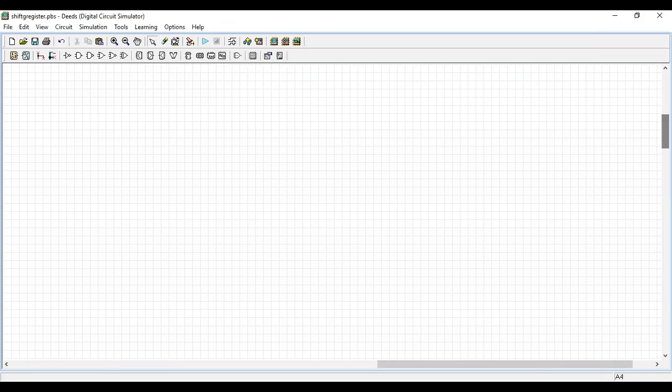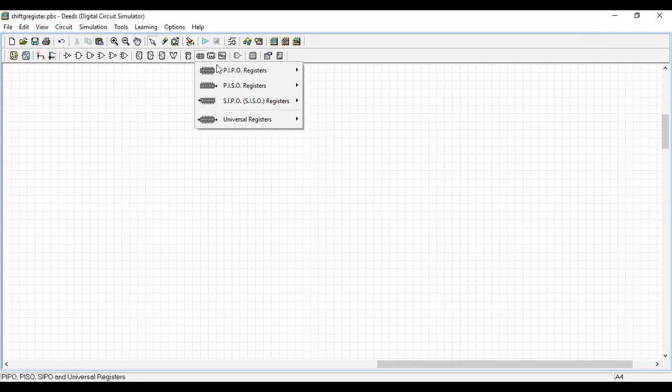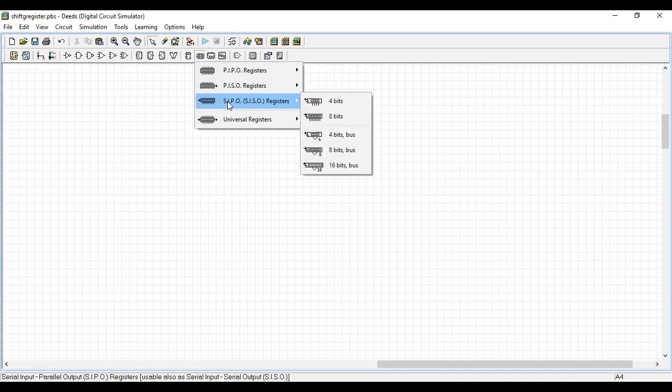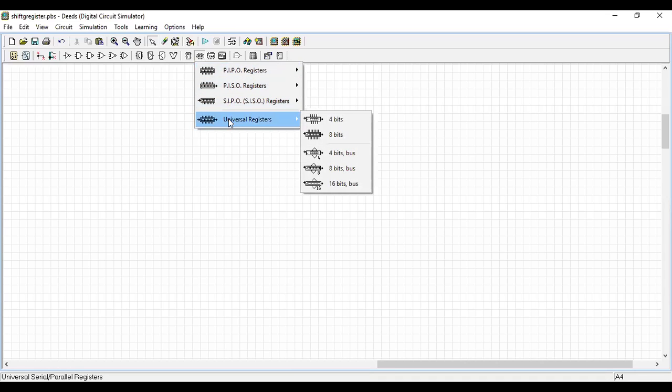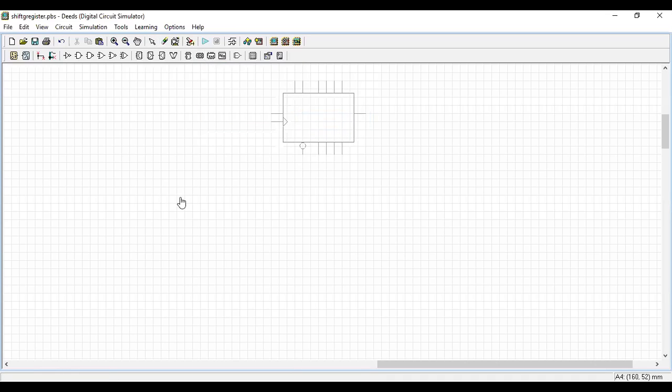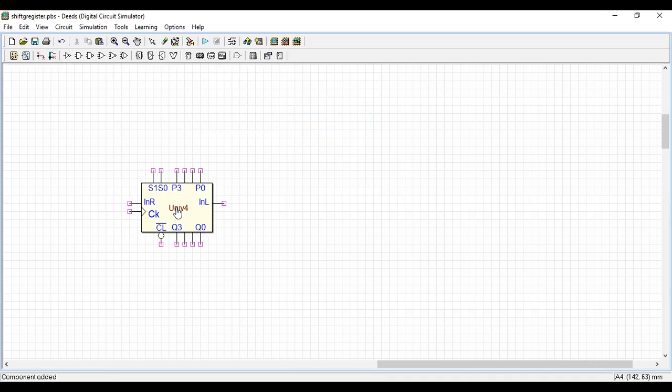If you go through the theory part once and then do the practice, it will be very easy for you. So we have seen PIPO, PISO, SIPO. We will also see what is there in the universal shift register. First we will see all our known inputs and outputs.